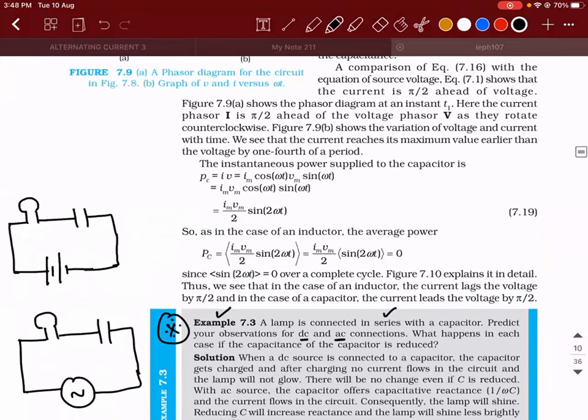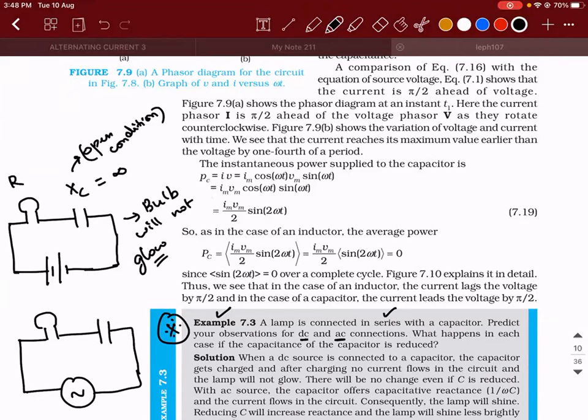Okay. So I told you yesterday, right? R and XC. So what is the value of XC when it is connected across a DC source? It is infinite. Means what will happen? It will become an open condition. Are you guys able to understand? What do I mean by open condition here? Means there will be no more current flowing through it. Hence, when you connect a resistor to a DC source through a capacitor, then the bulb will not glow.